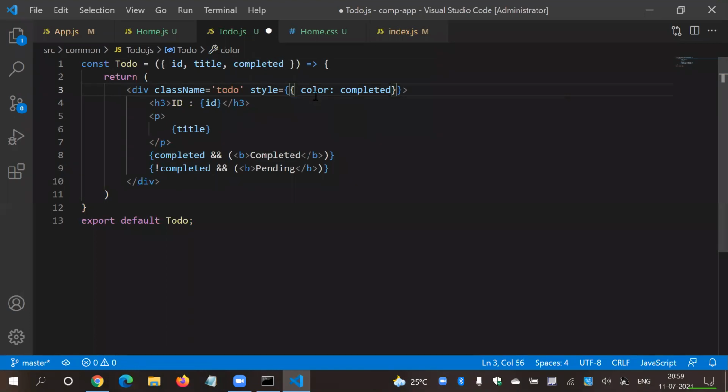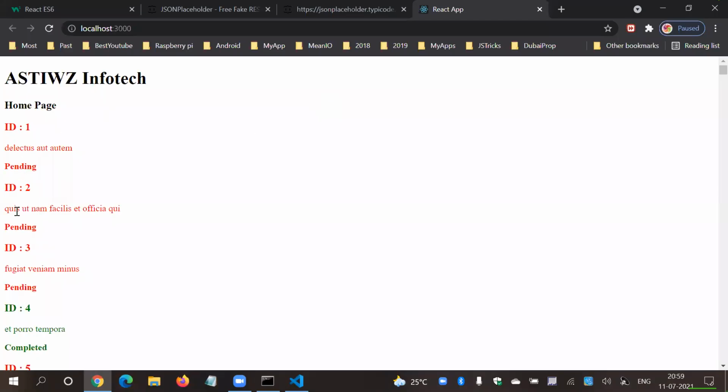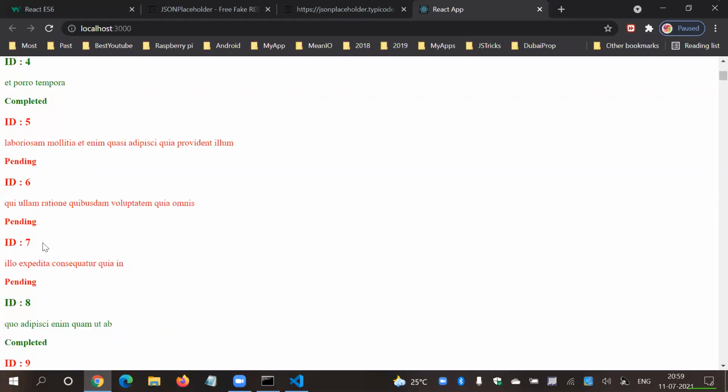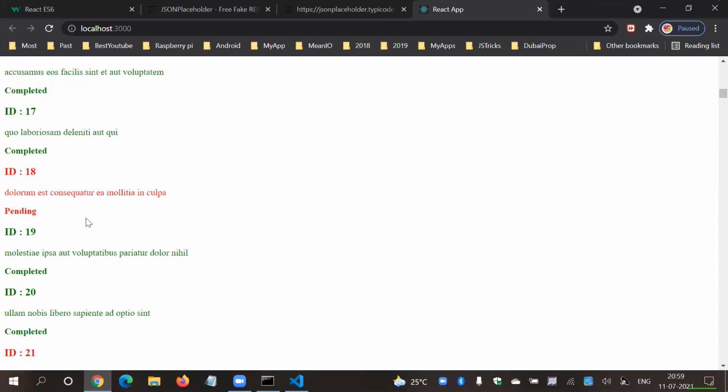Guys, do you know ternary operator? Hope you know. Then here I'm going to say green, or I'm going to say red. If it is completed, then green, otherwise I'm going to use red. So this is pending red, completed green. Awesome. So here it is working properly.